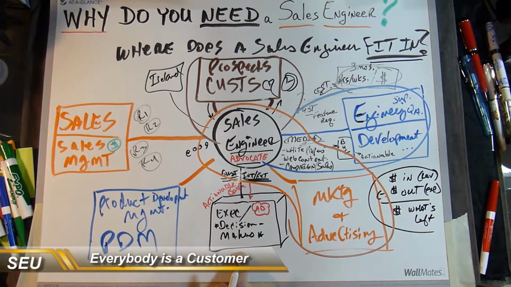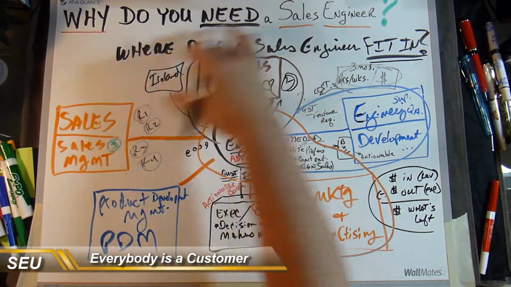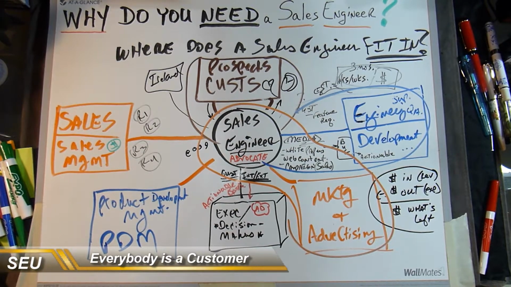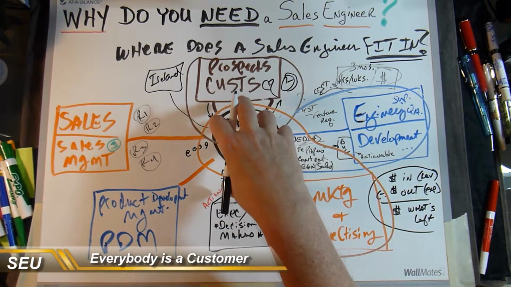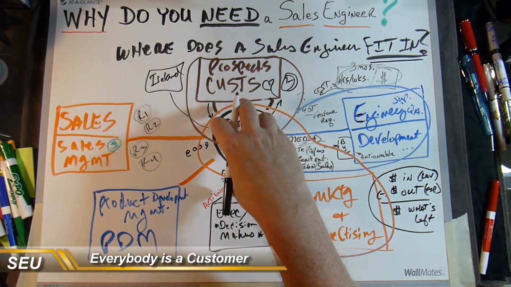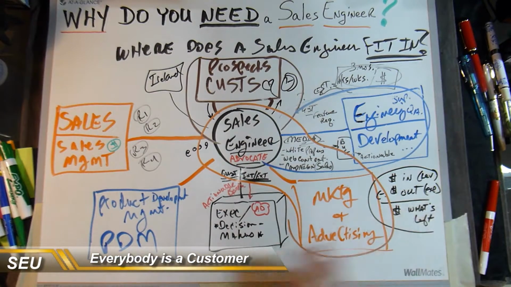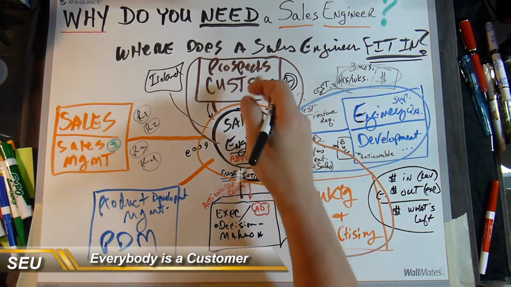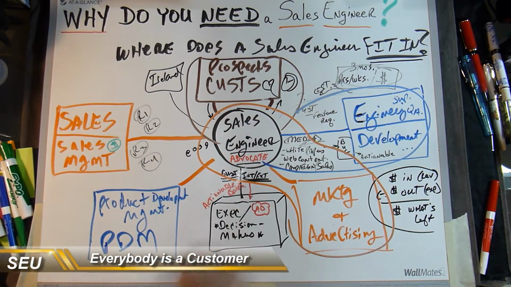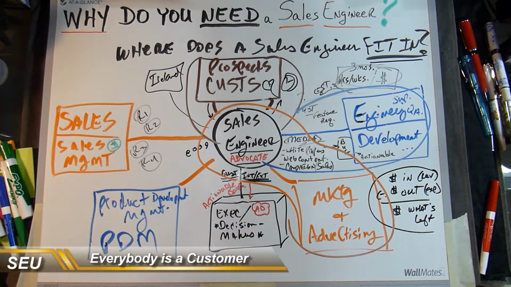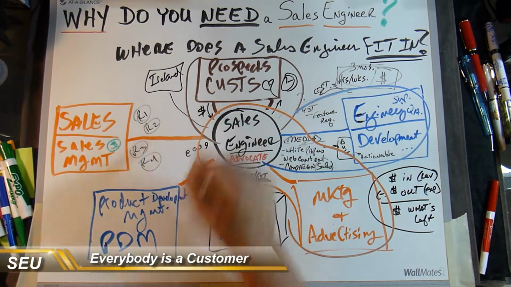Now, an organizational diagram might show the executives and the big decision makers in the center and all the other departments, partners, etc. around them. And that'd be true for the sake of running the company. That's absolutely true. This diagram is to illustrate where the sales engineer fits in with everybody else for the sake of advocating for the customer and ensuring we get revenue. We're in there for the deal, not just acquisition, but also retention. We want to make sure we get and keep that money coming in.